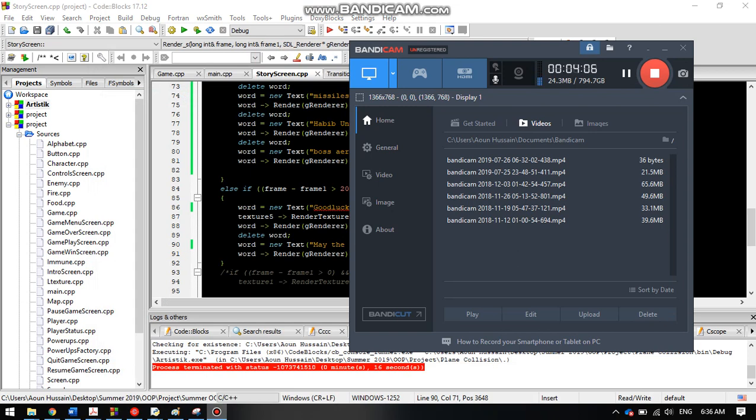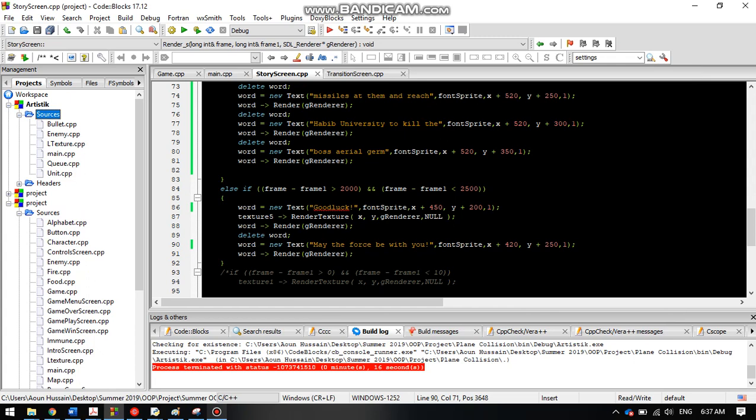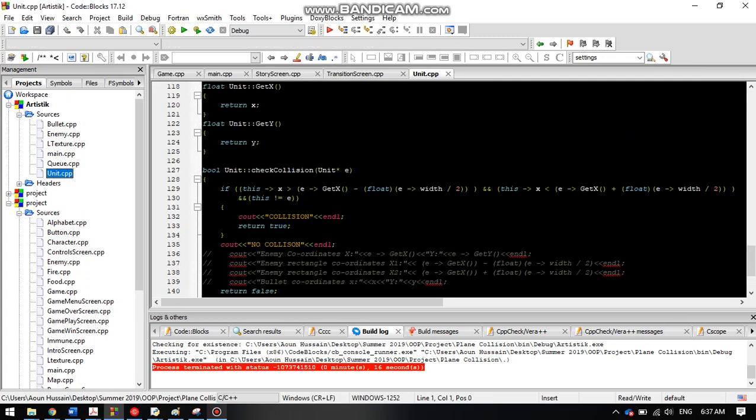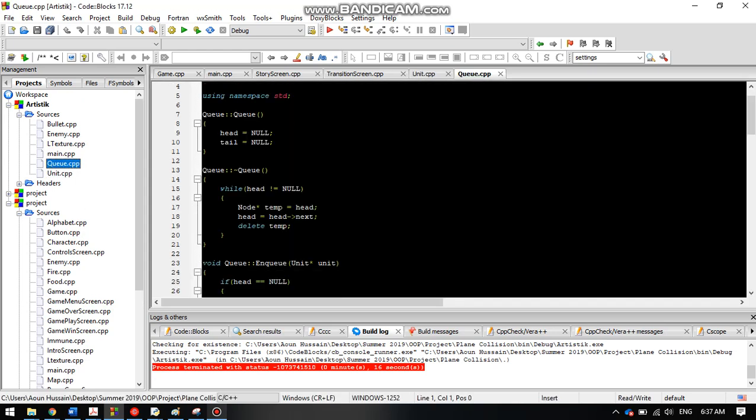I planned to merge that code with this transition of screens in the storyline I built in this game. So first we can see how I did the collision detection. I made a check collision function in the unit abstract class, which checks the collision when I give it an address, and in the queue.cpp